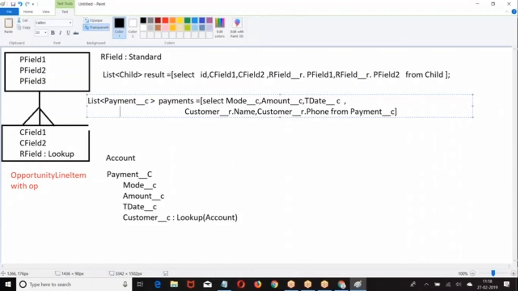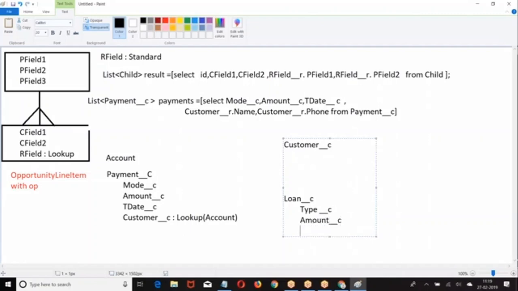Right. Let us go to the next one. Now, customer. Type of loan. Amount. Lookup. Now, here we have customer last name.